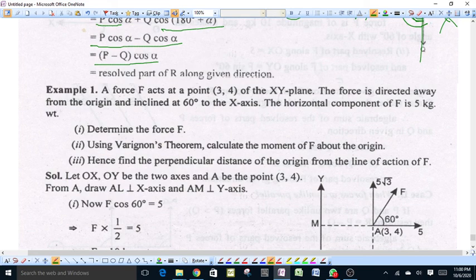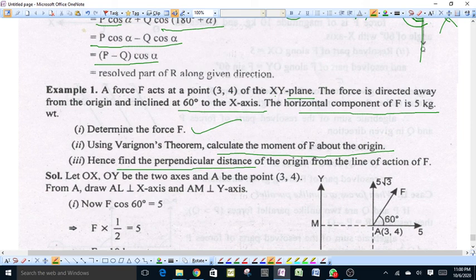Suppose a force F acts at a point (3, 4) of the xy plane. The force is directed away from the origin and is inclined at 60° with the x axis. The horizontal component of the force is 5 kg weight. Determine the force F using Varignon's theorem. Calculate the moment of F about the origin and also find the perpendicular distance of the origin from the line